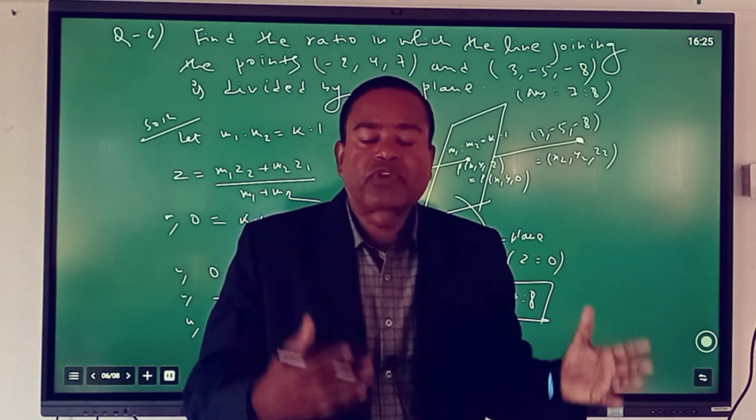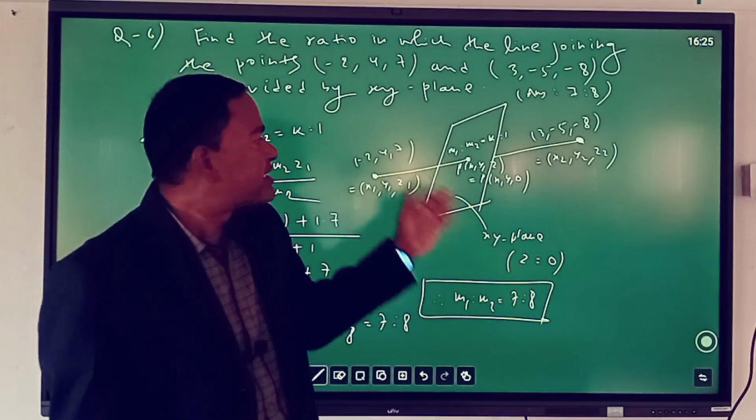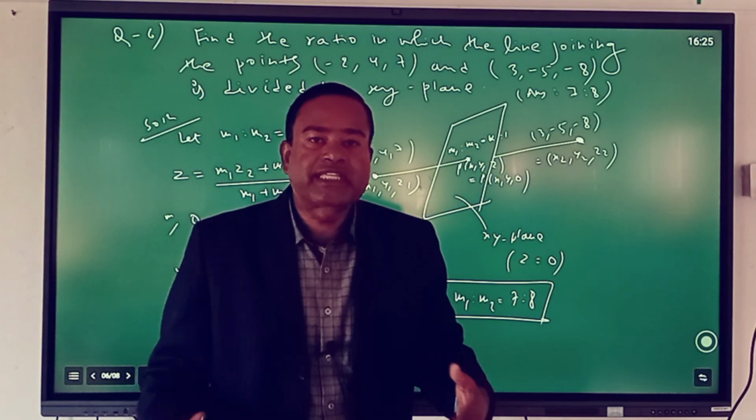That means the point in the xy plane which divides the join of the given 2 points in the ratio